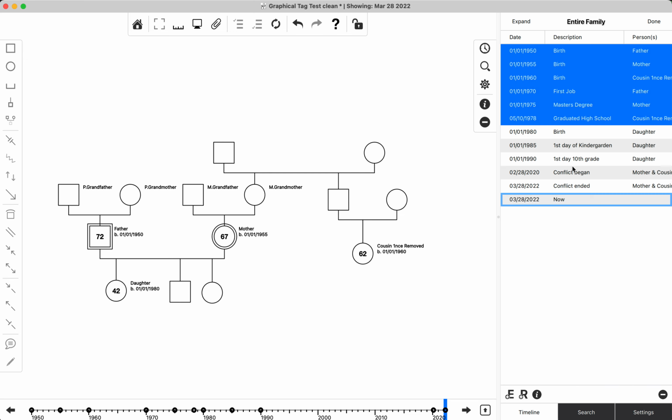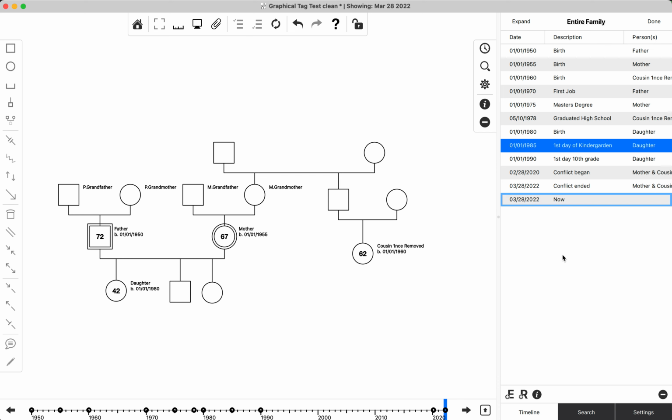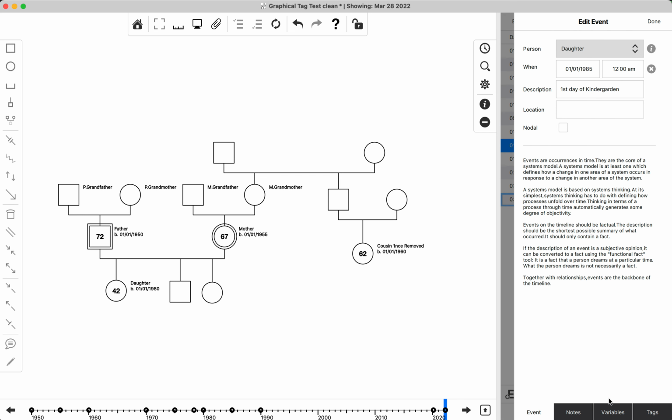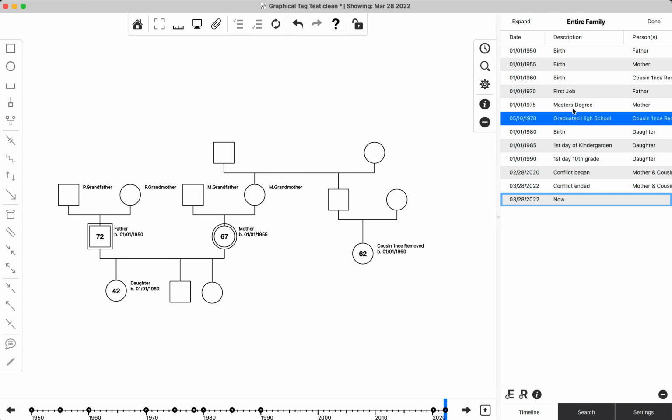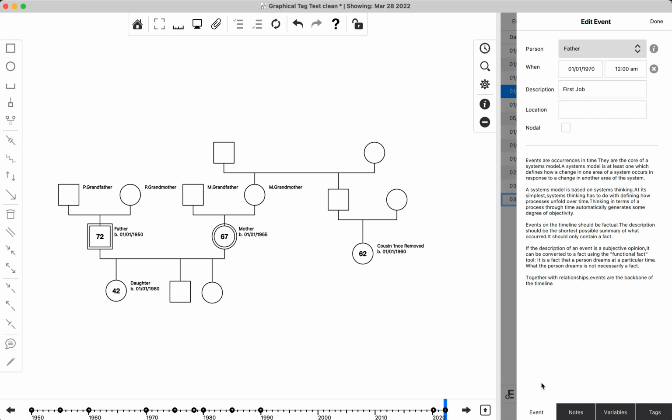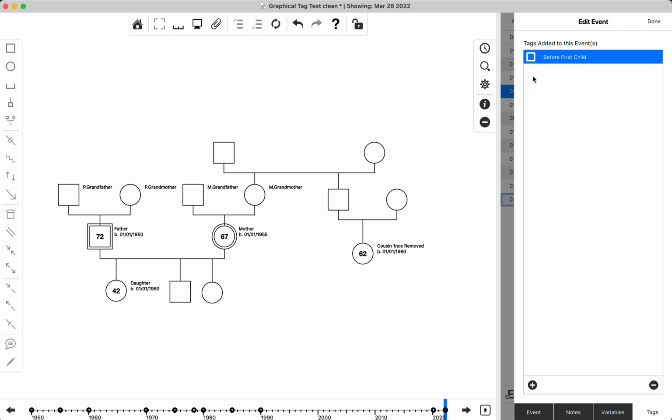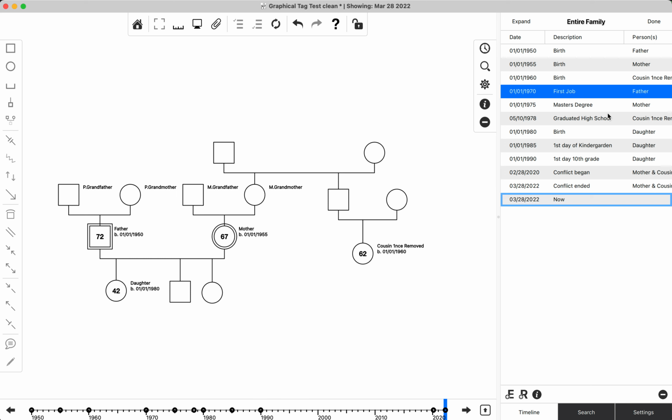So there's that. Now if I go and, for example, edit this event, inspect it, go to tags, it's unchecked because I only checked that tag for these events before the birth of the daughter. For example, if I inspect first job, that happened before the birth of the daughter, and I go into the tags there for that event, then you'll see it's checked. So there's one list of tags for the whole scene, and it's just a convenience that you can add new ones while you're editing the tags. So now I've got a tag